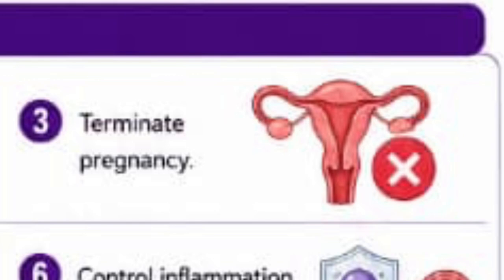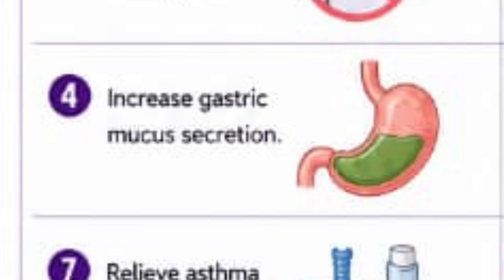The next one, increase gastric mucus secretion. Are you getting now? Because the enterochromaffin-like cells secrete what we call prostaglandin. Because in that place you have prostaglandin, especially PGI₂. PGI₂ is present in the stomach. What does it do? It increases mucus from the mucous neck cells. So when you increase mucus from the mucous neck cells, it will go around and cover the gastric mucosa. When it covers the gastric mucosa, anytime HCl is secreted from the parietal cells, HCl will not damage it, because HCl